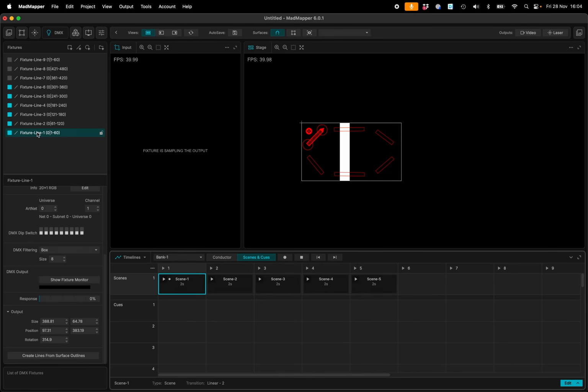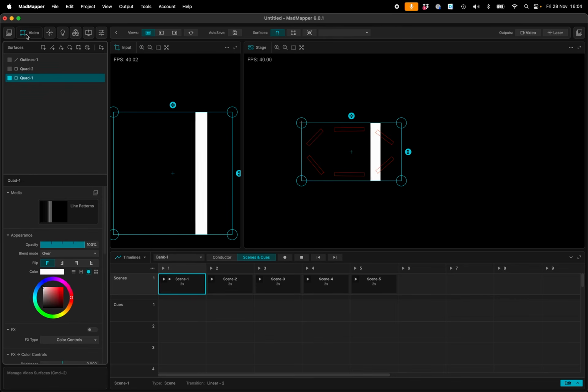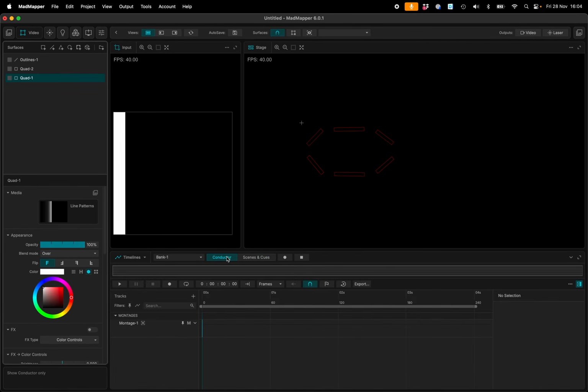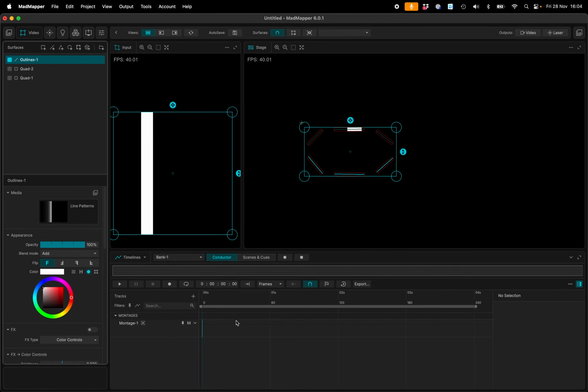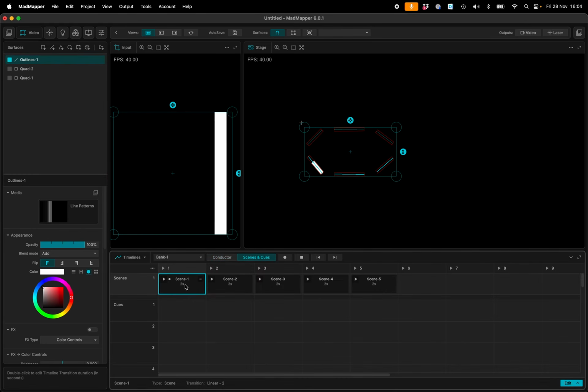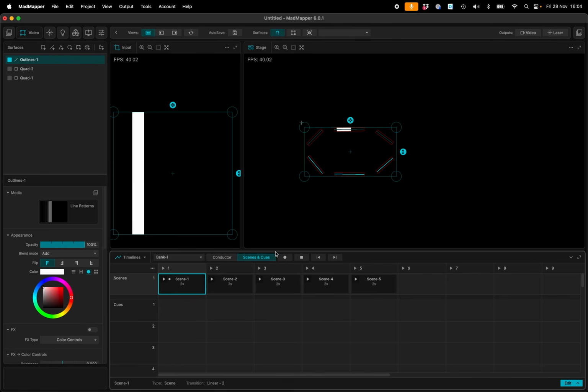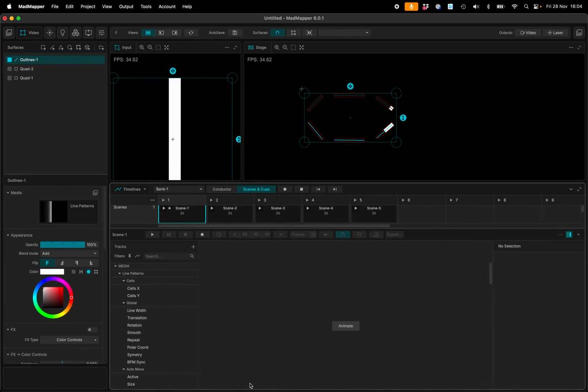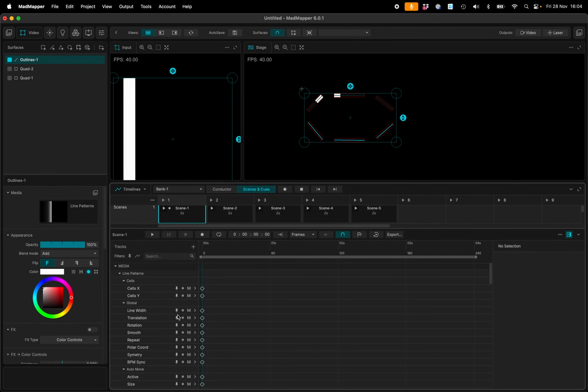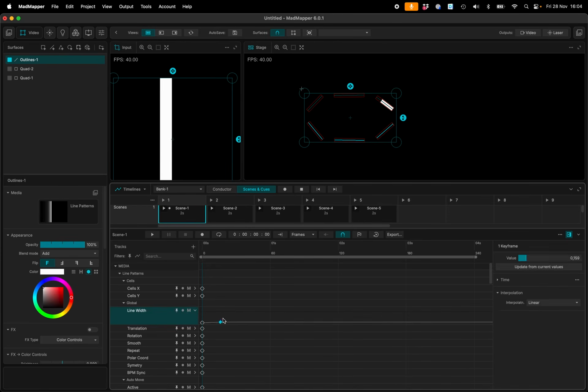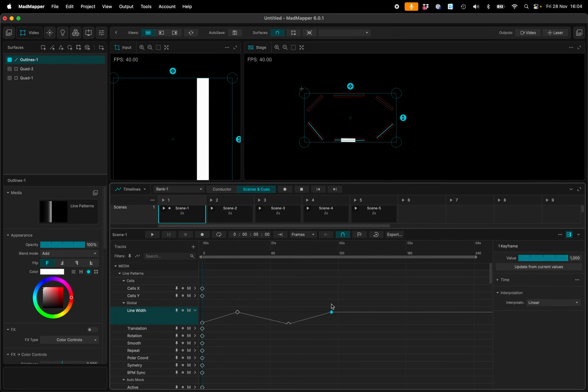So now let's turn this off. Let's go to the conductor, and now I will show you something different. I will activate this outlines. This is a conductor, so this is a master timeline. So what I did before, I just stored scenes. It's one state for all parameters, but inside the scene you can also create animations and take, for instance, a parameter like the size of the line here and animate it,